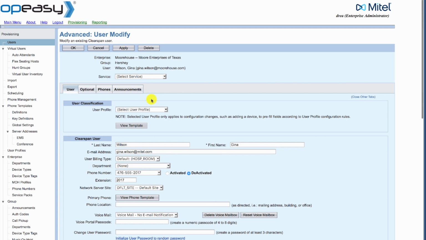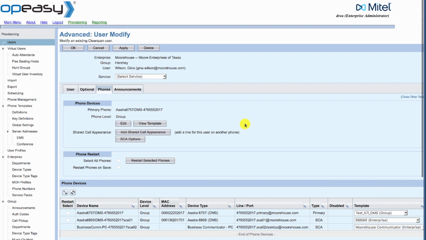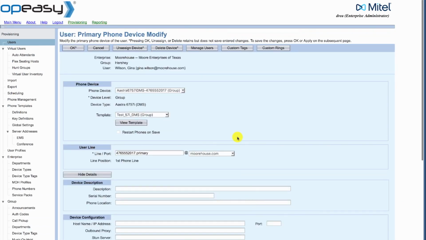And then you'll see several tabs at the top. We'll click on the Phones tab. And you see this user has 3 phones configured. This Mitel Astra phone is primary, and there are 2 shared call appearances. We're replacing the primary phone, so we click on that row,